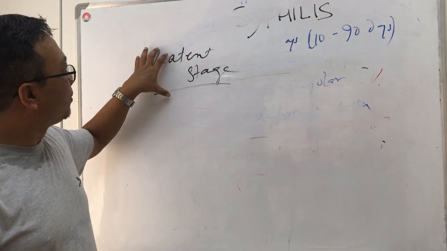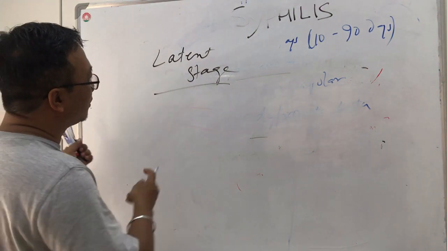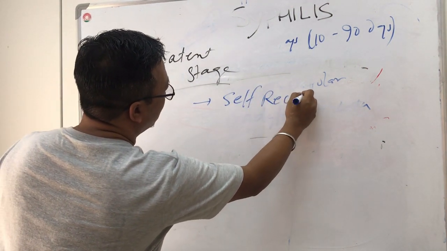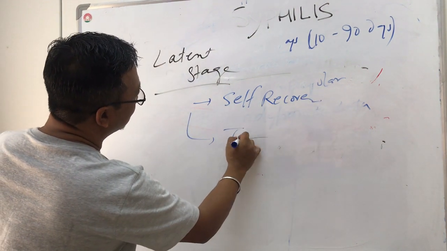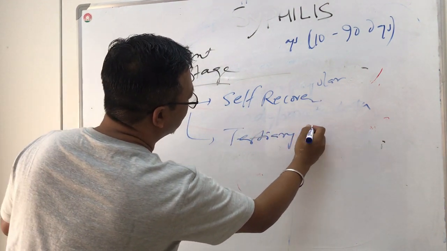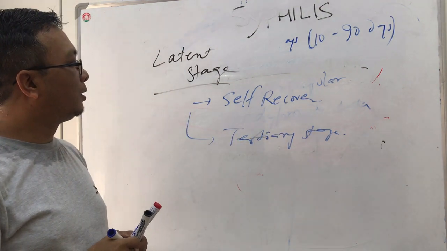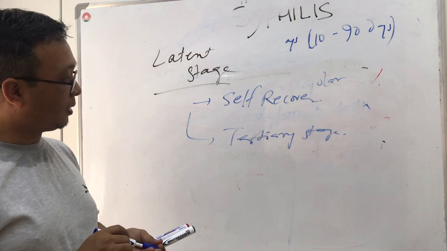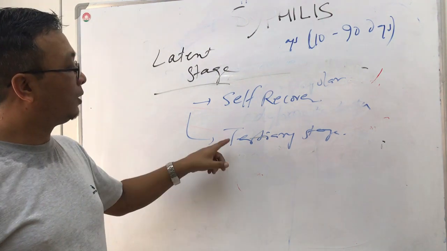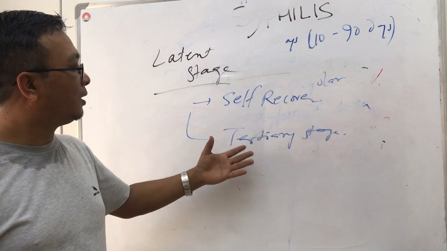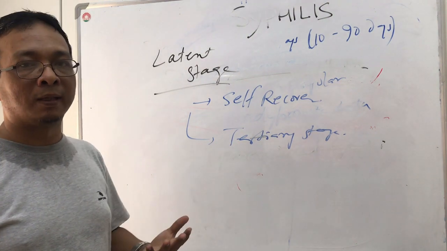From this latent stage, either the patient can self-recover, or it can go to tertiary stage. So there is no time limit for latent stage. Okay, so from the latent stage, the patient may still have the bacteria in the blood, and later on when the immune system is down or in other conditions, this bacteria can come back